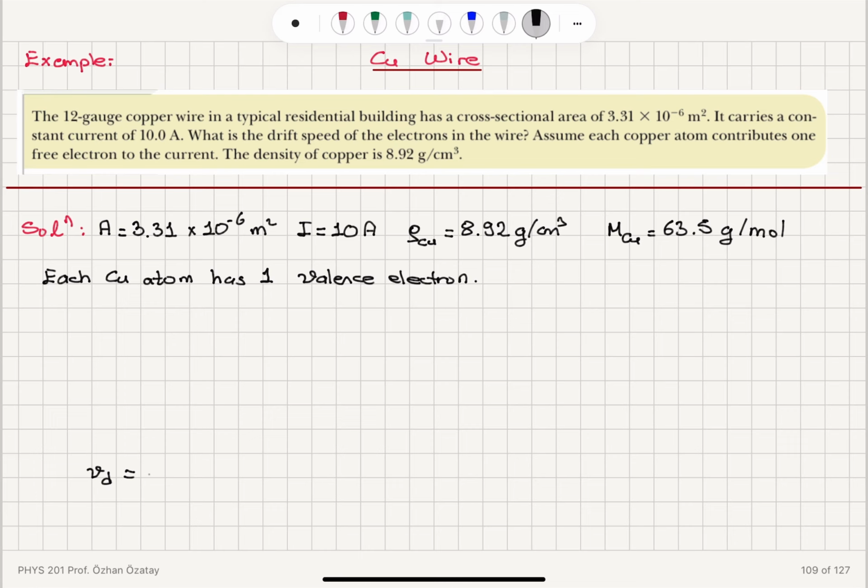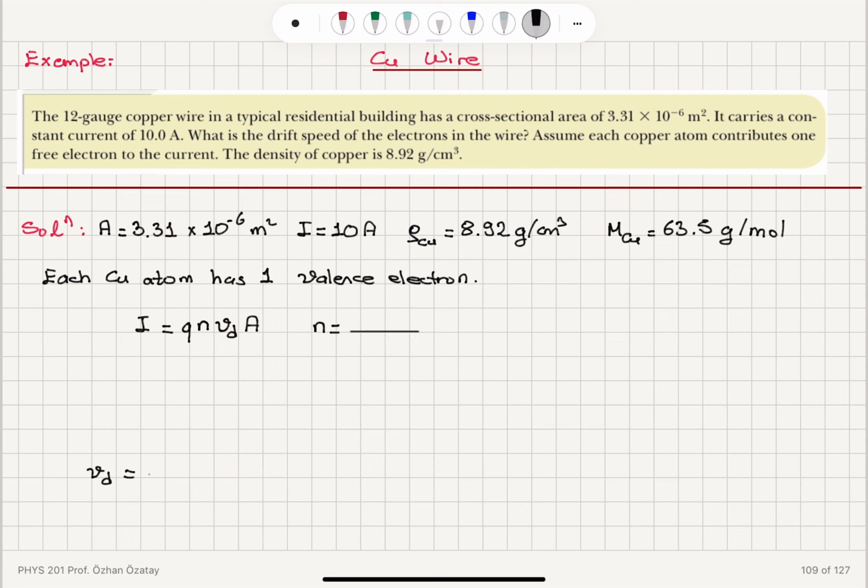The current I that flows through the copper wire is the charge of each charge carrier Q, charge density N, drift velocity Vd, multiplied with the cross-sectional area A. Now, what is the charge density here? The charge density N is